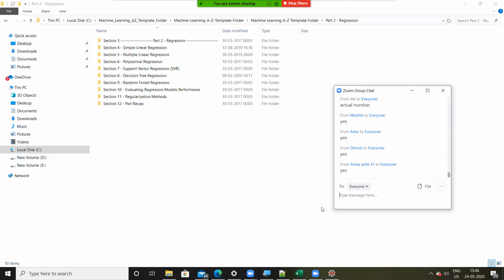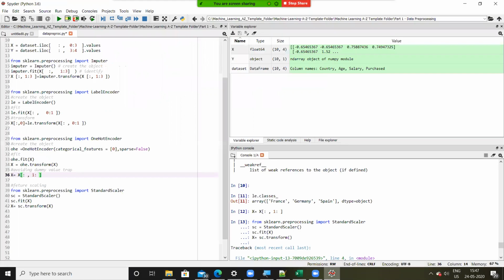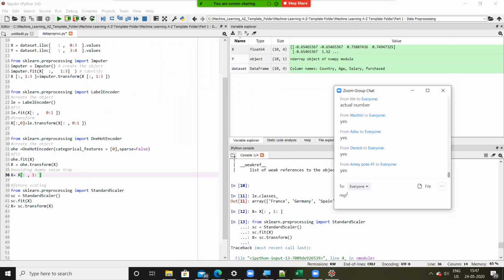Perfect. So in regression, there are multiple techniques. Let's say I want to predict a number. There's not just one method, but there are many methods to predict numbers. We are going to see simple linear regression, second, multiple linear regression, then polynomial regression, support vector regression, decision tree regression, and random forest regression. So total 1, 2, 3, 4, 5, 6. We are going to see 6 techniques for regression. Is that clear, everyone? Can you quickly confirm?